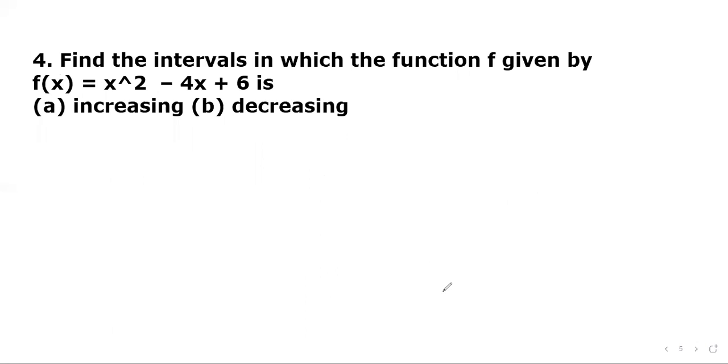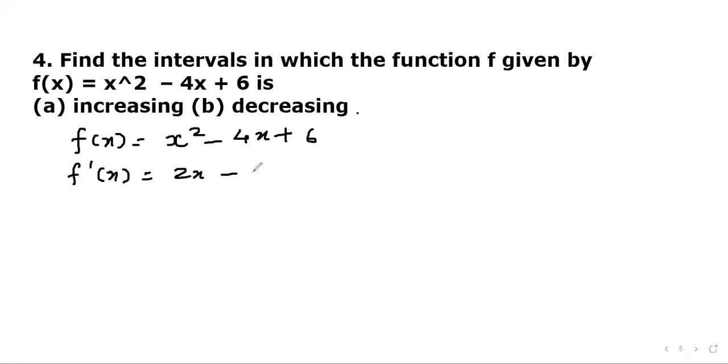Now, let's go to the next question. Find the intervals in which the function f given by f(x) equal to x squared minus 4x plus 6 is increasing or decreasing. So let's see. f(x) equals x squared minus 4x plus 6. We find f dash x, so it will be 2x minus 4. We put f dash x equal to 0, from where we get 2x minus 4 equals 0, or x equal